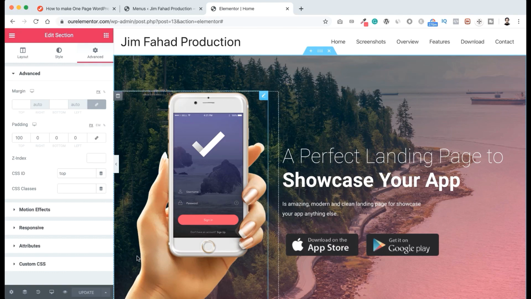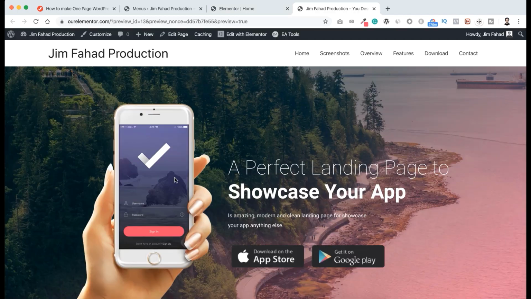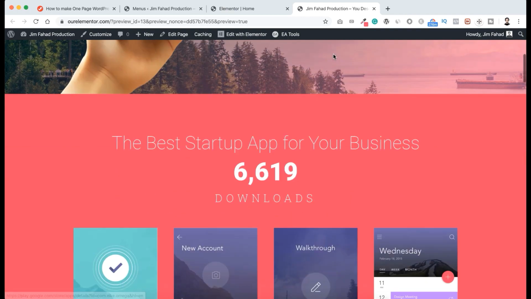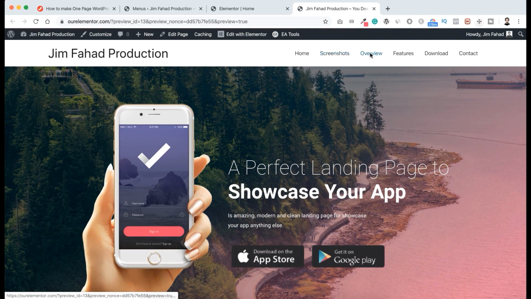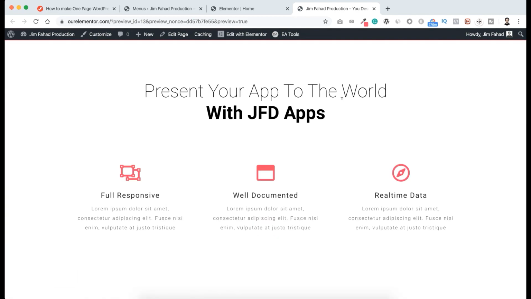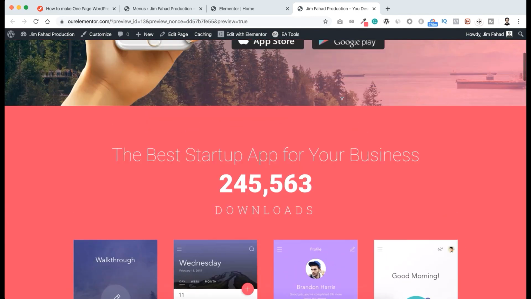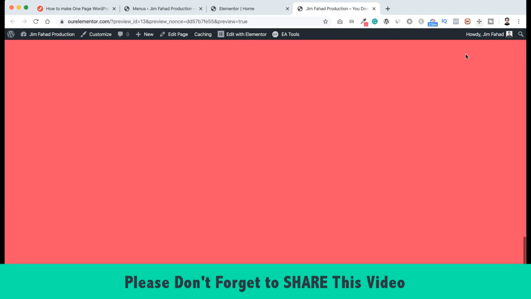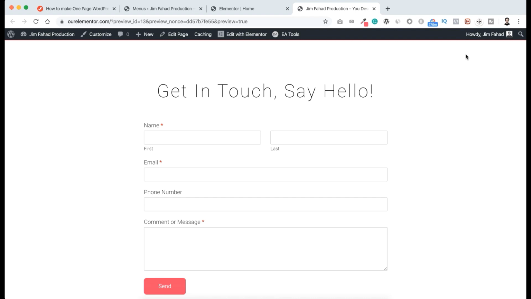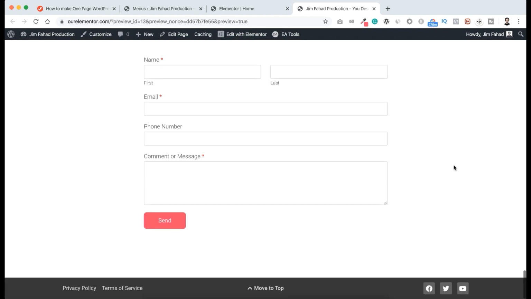Now if we want to preview our work, we need to click here on this eyeball icon. Let's click here. So if we now click on screenshots, that jumps to the screenshot section. If we click on overview, that jumps to the overview section. Alright, everything is working perfectly. And if we now click on contact, that jumps to the contact section. Also at the very bottom of our footer, if we click on move to top, that jumps to the top